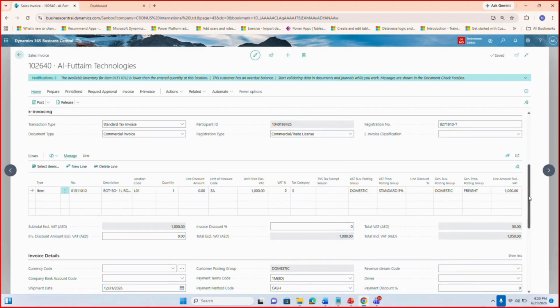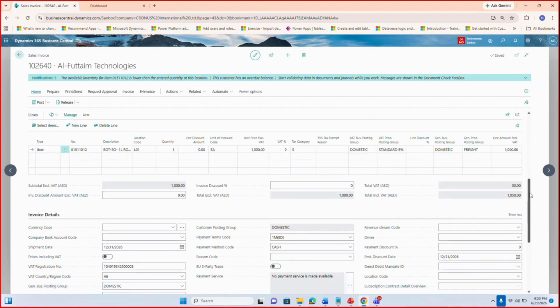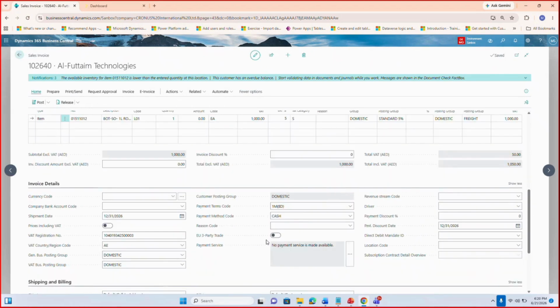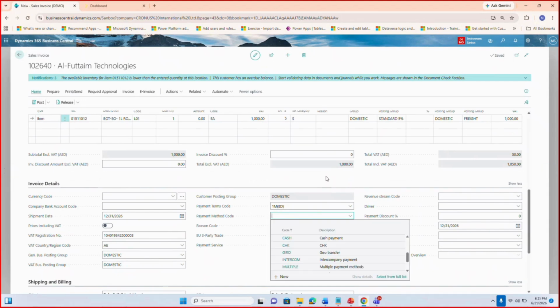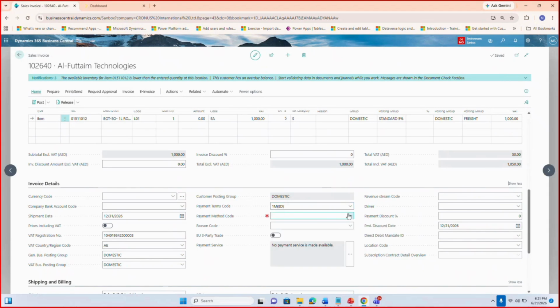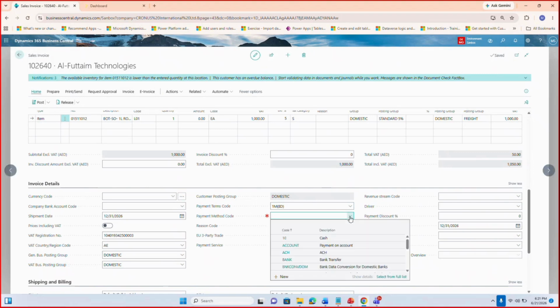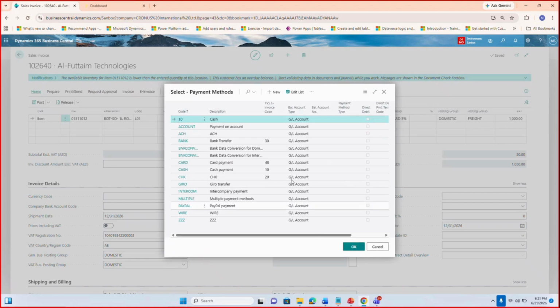So I've selected the major line level details over here that are required, and we have all the details such as payment method, code, unit of measure. Now I'll deliberately skip one of those payment methods, since we know that payment method is not a required field in Business Central, and alongside that, for FTA, in order to report that